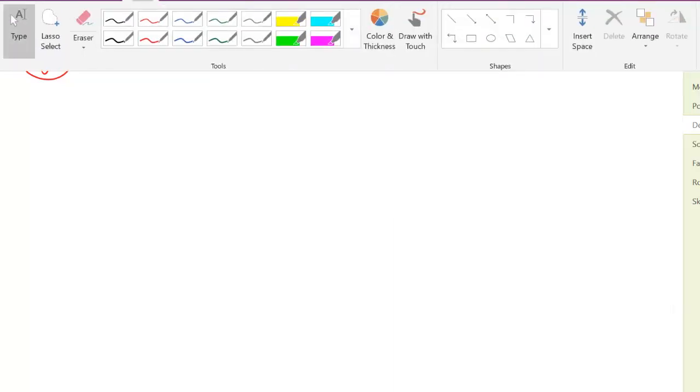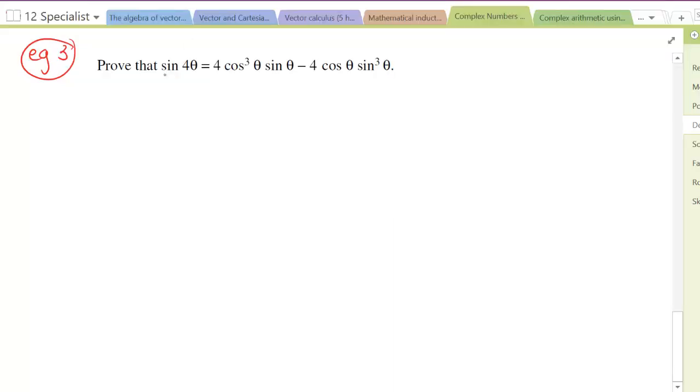So we've got a proof question here, and it's asking us to prove that sine 4 theta is equal to 4 cos cubed theta sine theta subtract 4 cos theta sine cubed theta. So we're going to take the approach here that we can get this using De Moivre's, and that we can get this using Pascal's. So these are two expansions of the same thing, but we need to start by